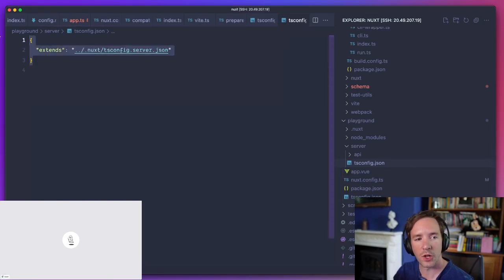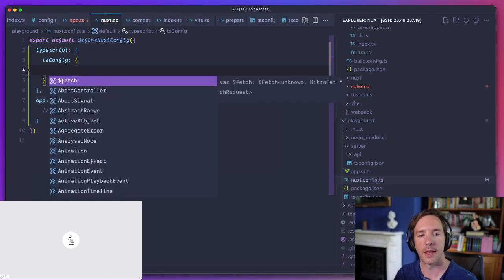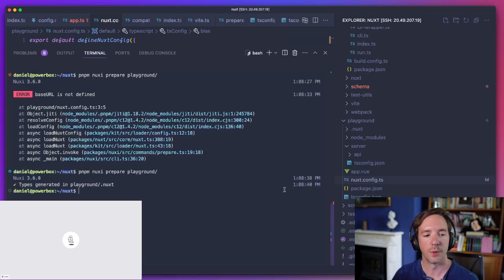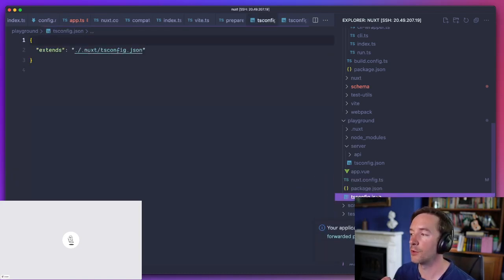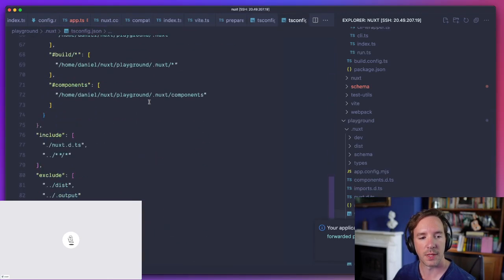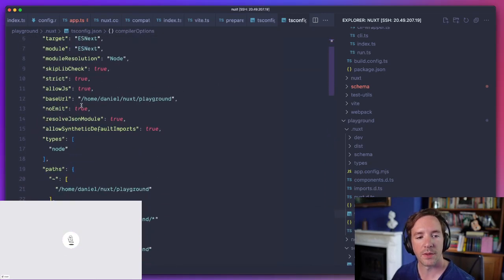We really encourage users not to configure them within the file, but instead, if they need to, configure their TS config within their Nuxt config. Anything that you stick in this bit of your config gets added to the generated TS config, and it means we also have a source of truth. If we open this generated TS config file, we should see the blah that I just added, which I think TypeScript will just ignore. But you also see the rest of the defaults.